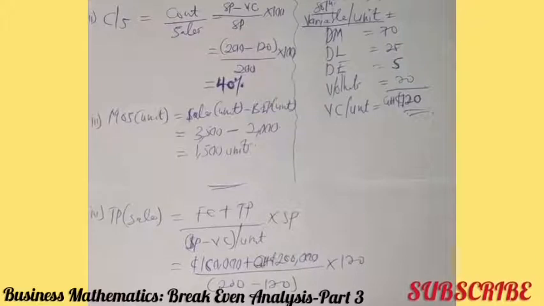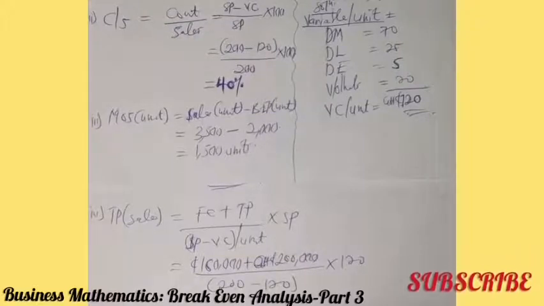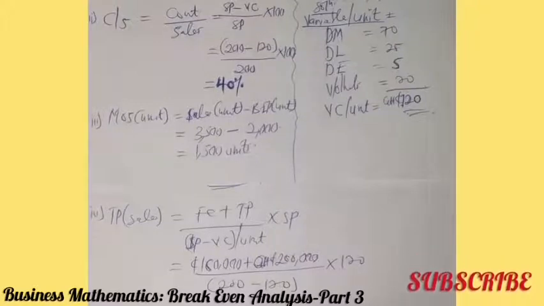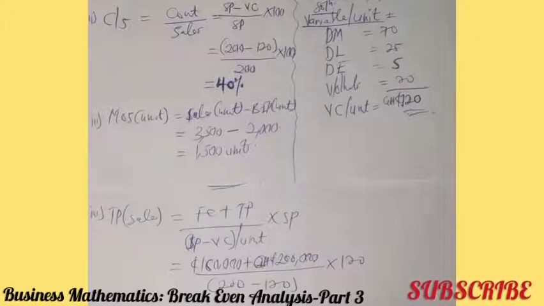So when I compute with the calculator: 160,000 plus 200,000, all divided by 200 minus 120, and then multiply by 120. Then I get